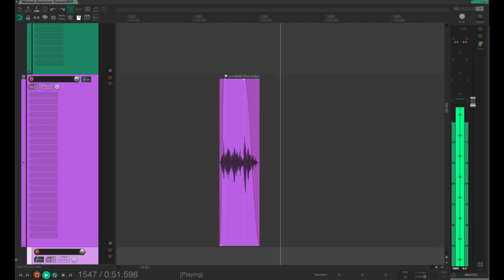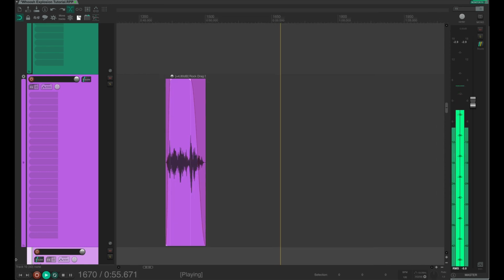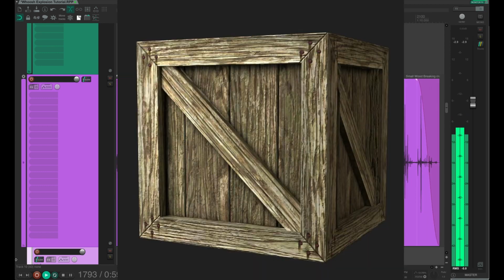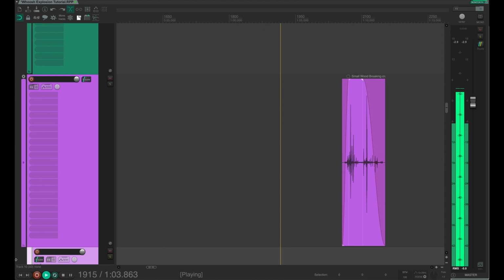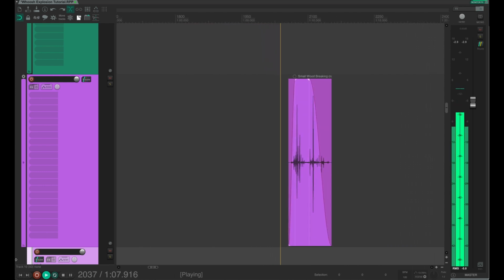Next, and arguably the most definitive thing about the explosion is the tail. It informs the listener about what the heck actually got blown up. Is it something realistic made with wood, rock, or something more abstract? For this explosion, I was going for a little more realism, so I'm using a recording of breaking twigs